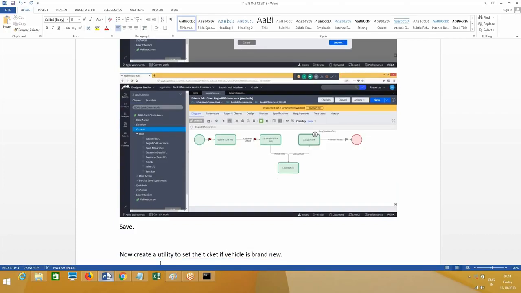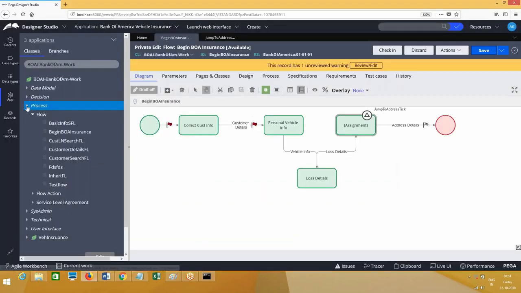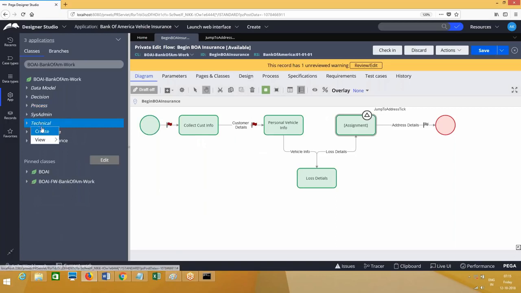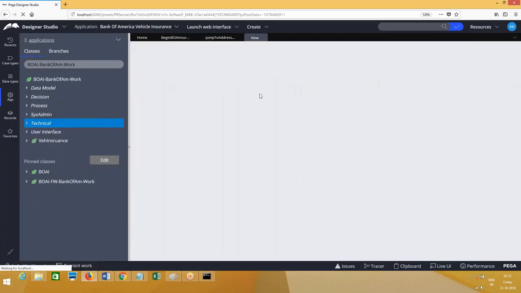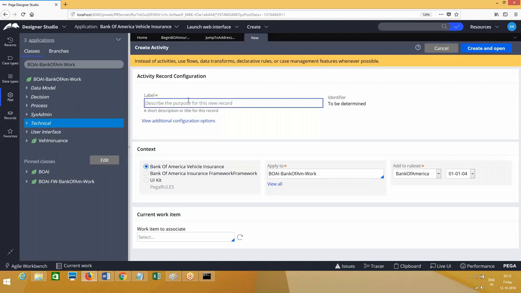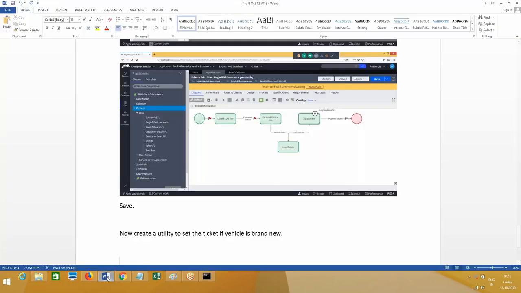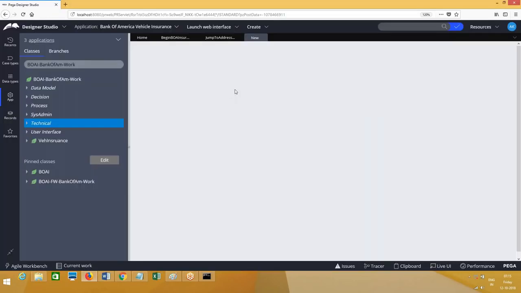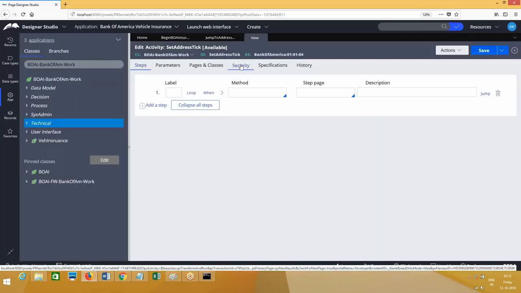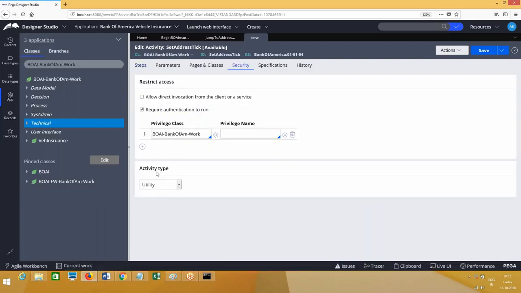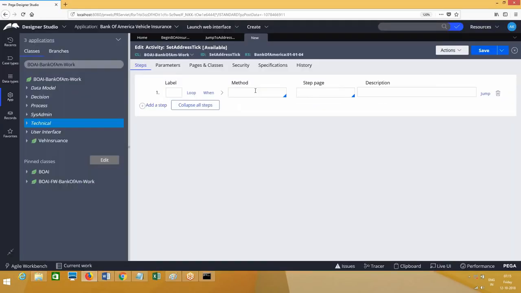I'm going to create a utility now. You can give some name. The activity type is utility. I have selected it, and here you go, the steps tab. First I have to set the ticket.